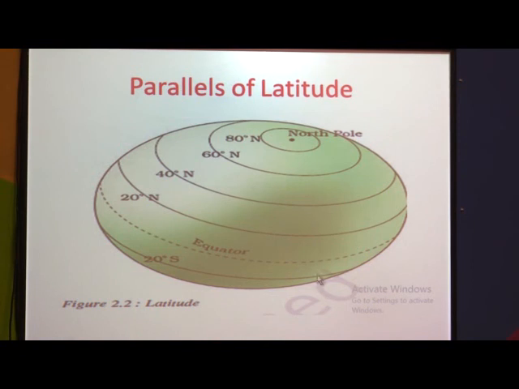Now see this image. Okay children, this is the north side and below the equator is the south pole. Here the circles go on decreasing towards the poles, and this center is the largest circle, which we call the equator. This is measured as 0 degree. Now children, I am going to show you the video.